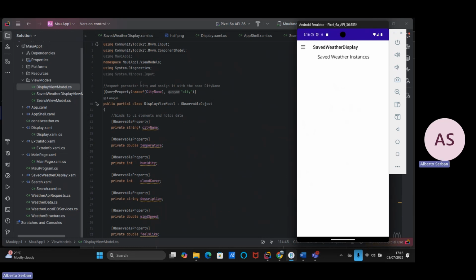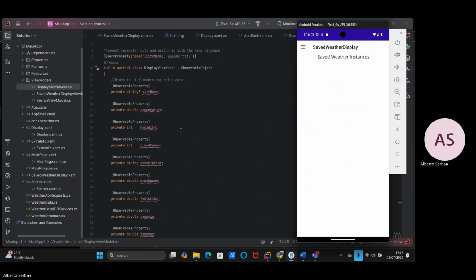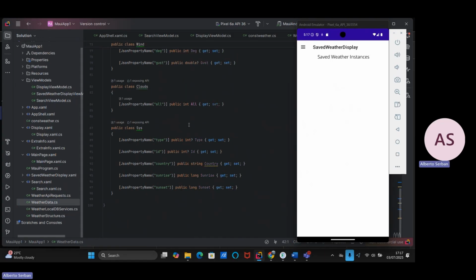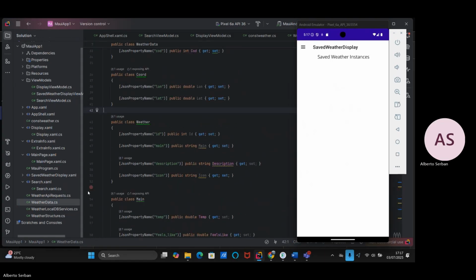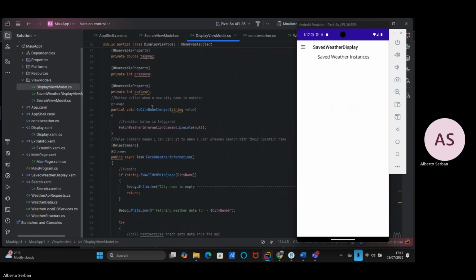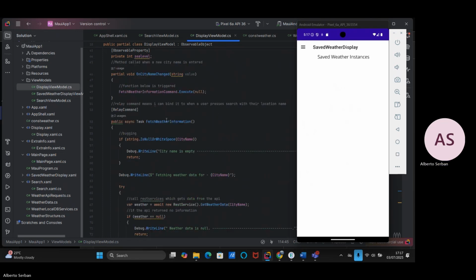This is when we pass the city, and then this is what we expect, and we assign it this value. And observable property, I use that for all the parameters I choose to use. They're all here. This is on navigated city event. We can